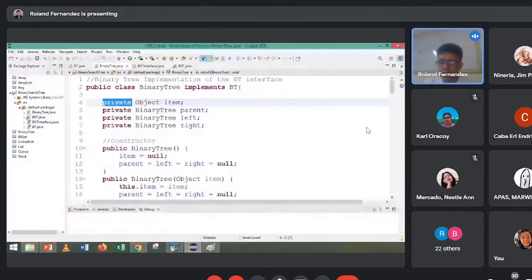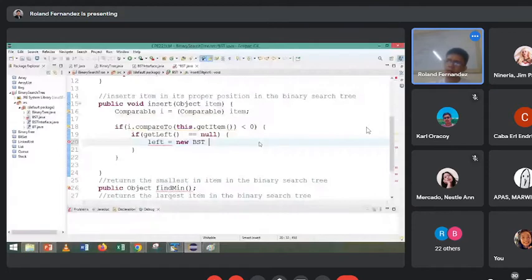Another option is that you can set this one as protected, instead of private. Protected, so that we can just do left is equal to item directly, since it is protected. It is not the same as private. Else,